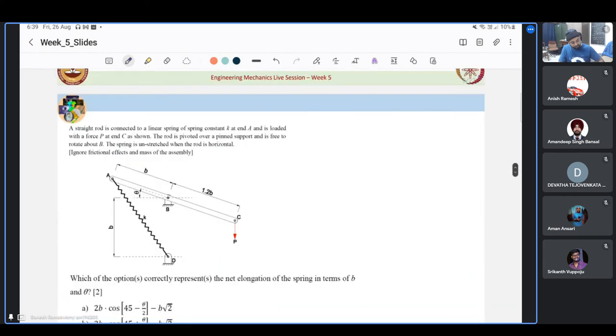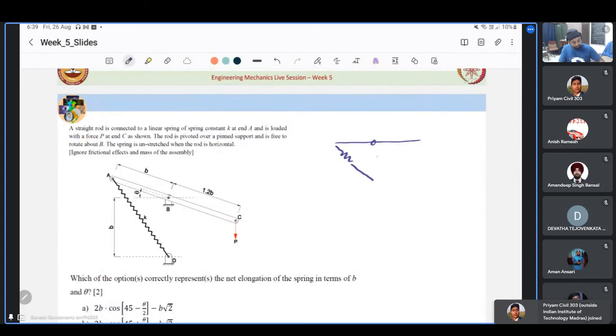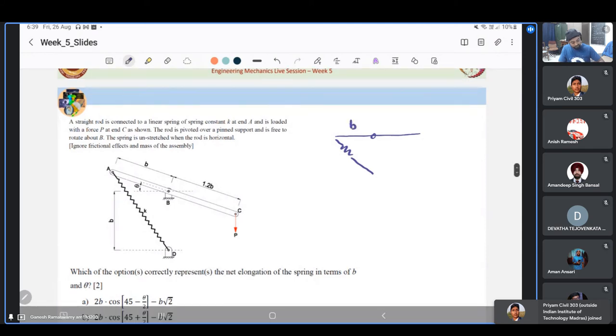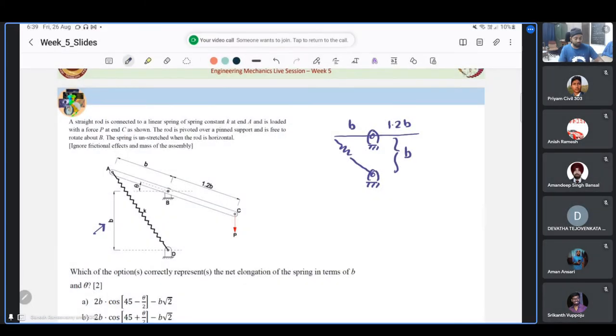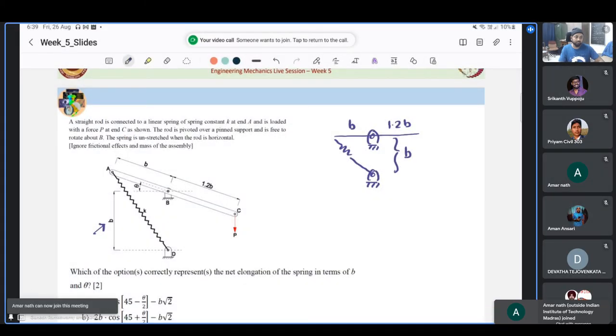For this, if we were to draw the original configuration, this is B. We have been given that this is B. This is 1.2 B. And then we have a hinge here. This is again pivoted here. If we see here, this has been given as B. This is the original configuration when the spring is not stretched. That is what is said. So the length of the original spring